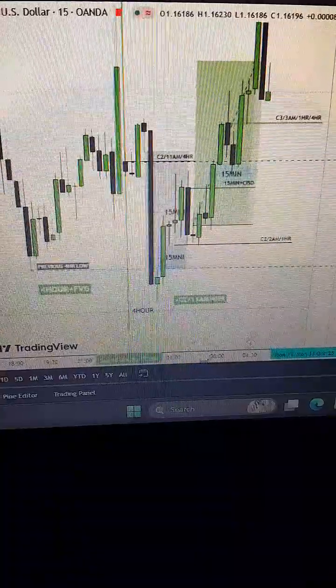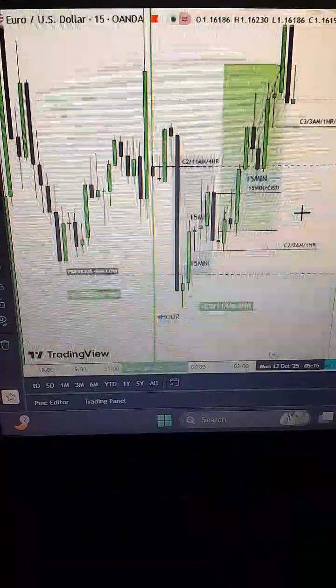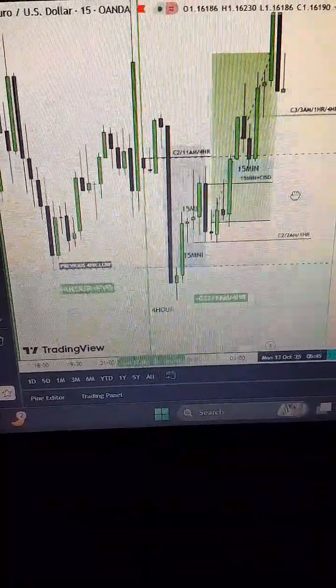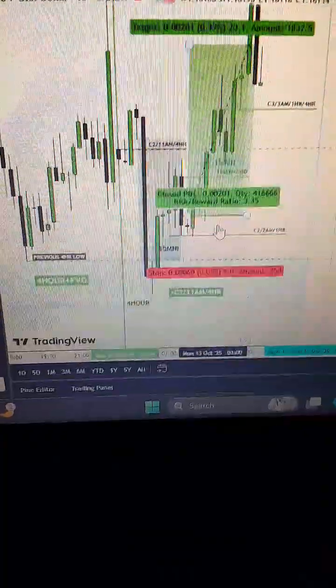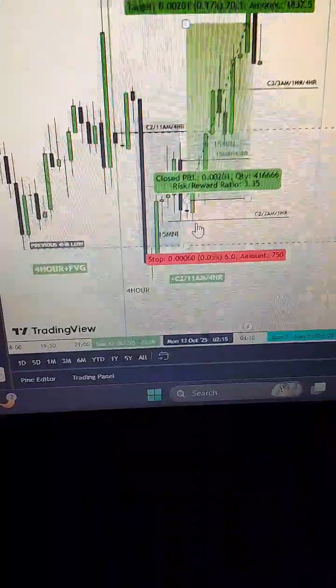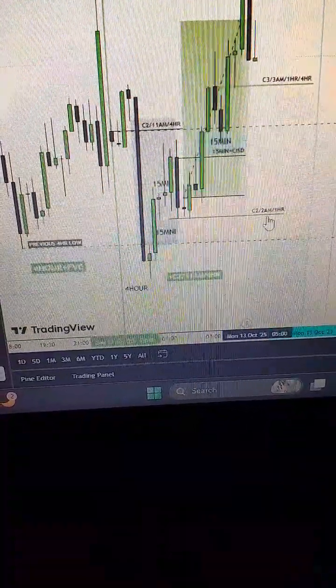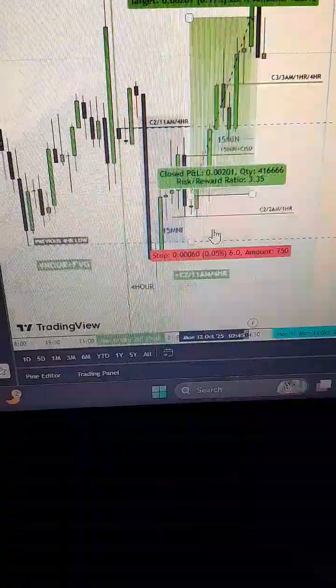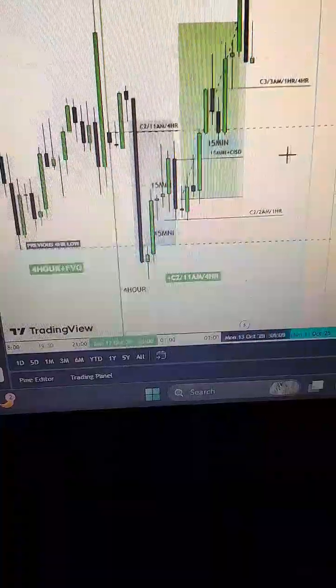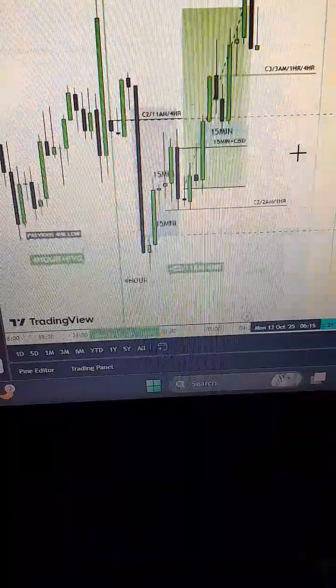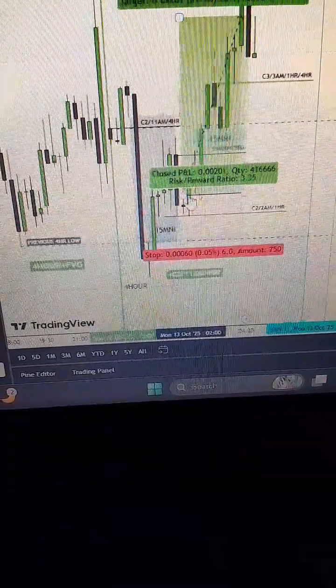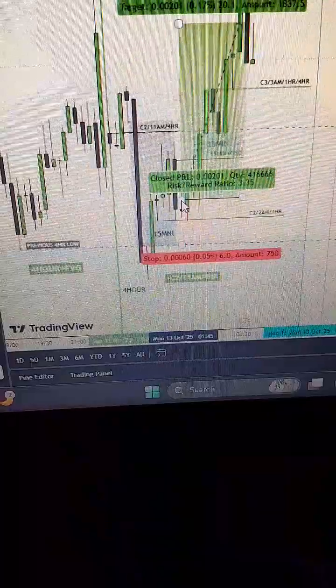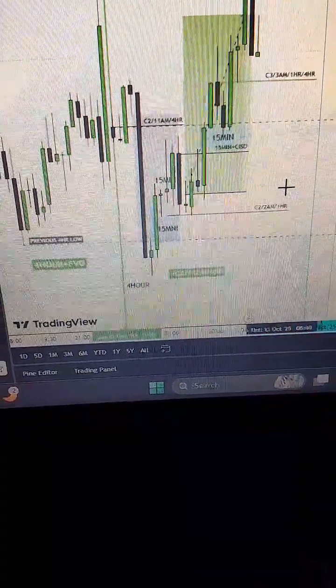So to catch that early, you want to refine it, and this is why it's called a fractal model, because it is actually fractal. You would want to refine it by looking for that model inside the model. So here you can see that 2 a.m. basically swept 1 a.m.'s low, and then it gave a 15-minute change in state, and that would normally be my entry. But I entered fairly early, at 1:45,